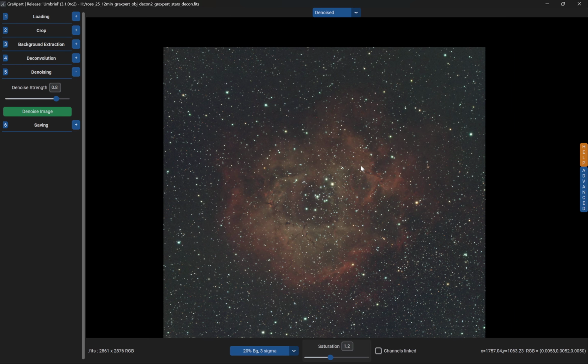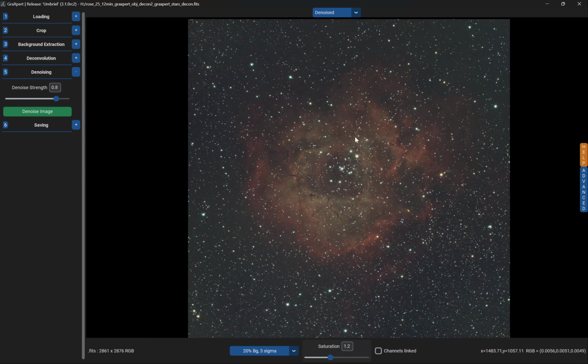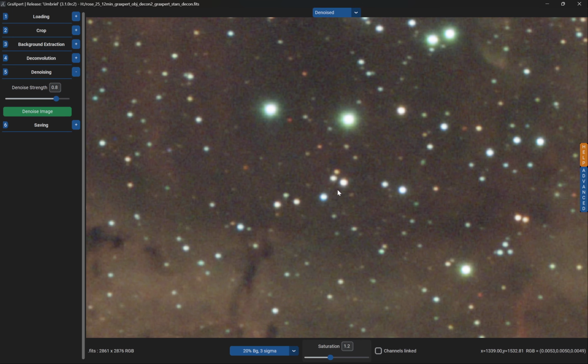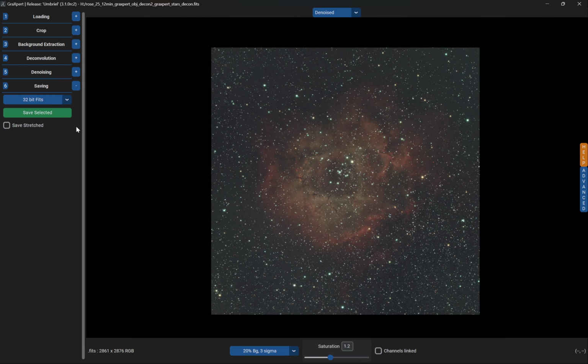Yeah, that actually looks pretty good. So again, you just have to play around with the slider and see what looks good. I just know from experience that somewhere around 0.8 is probably going to look good for this particular picture, and it does look pretty good. So that's it. So I'm going to save this,